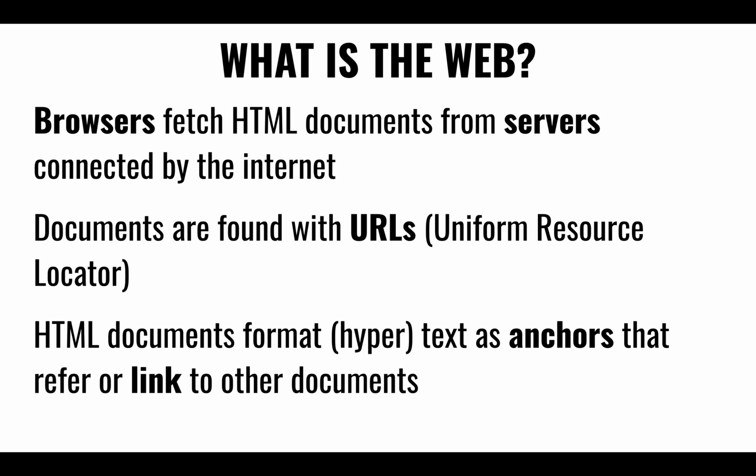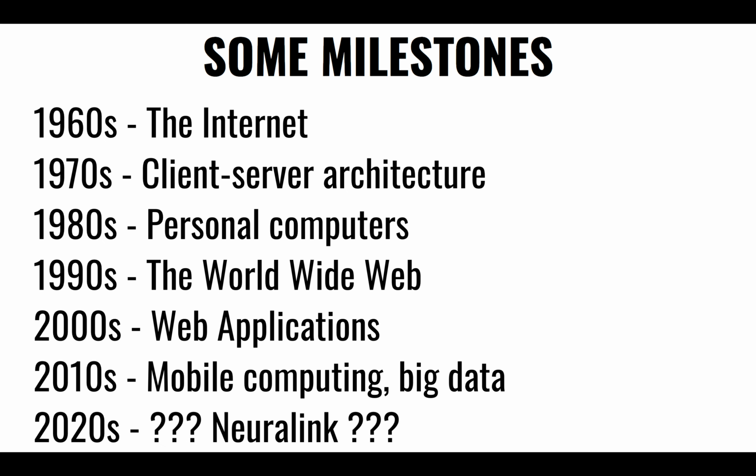And basically, you have a browser. He wrote one of the first browsers for fetching these HTML documents over the network, downloading them, copying them into a local machine, and then rendering them in the browser. It uses URLs, uniform resource locators, to identify and find these documents, copies them into a local cache, and then renders them for you. Some of the text you can format as headers and paragraphs and whatnot. But some of it you can format so that they're links, referencing other documents, so that when you click on them, it allows you to navigate to other places.